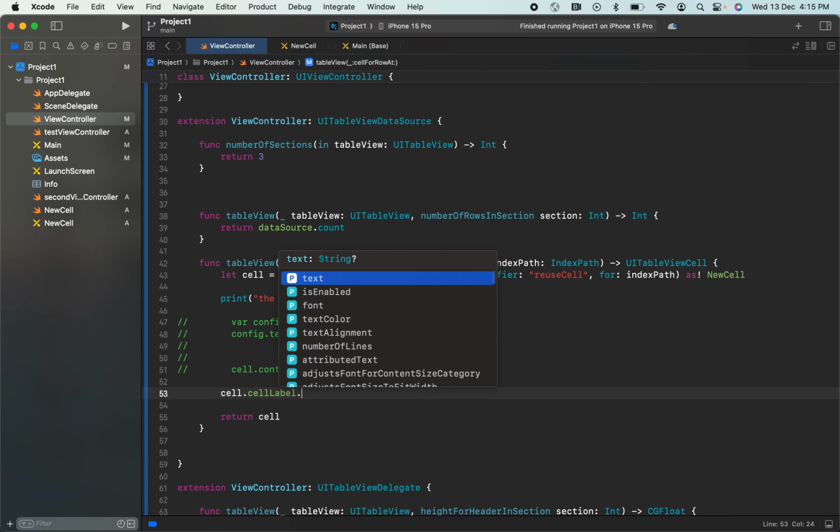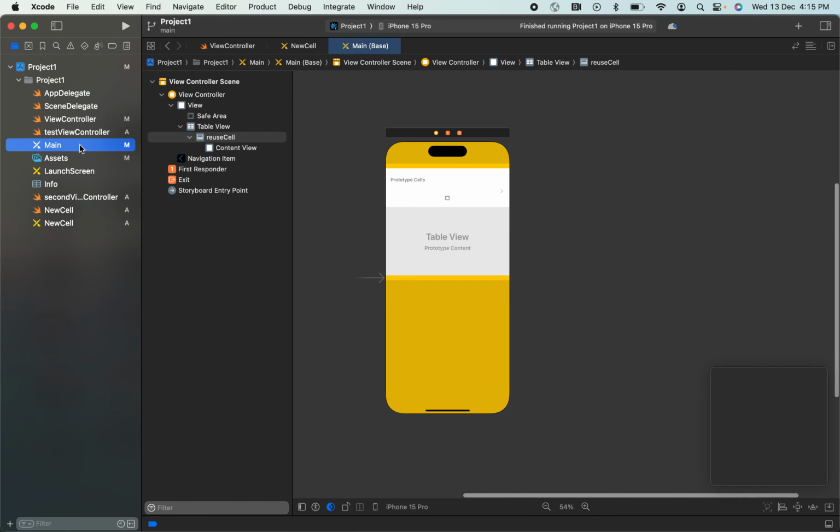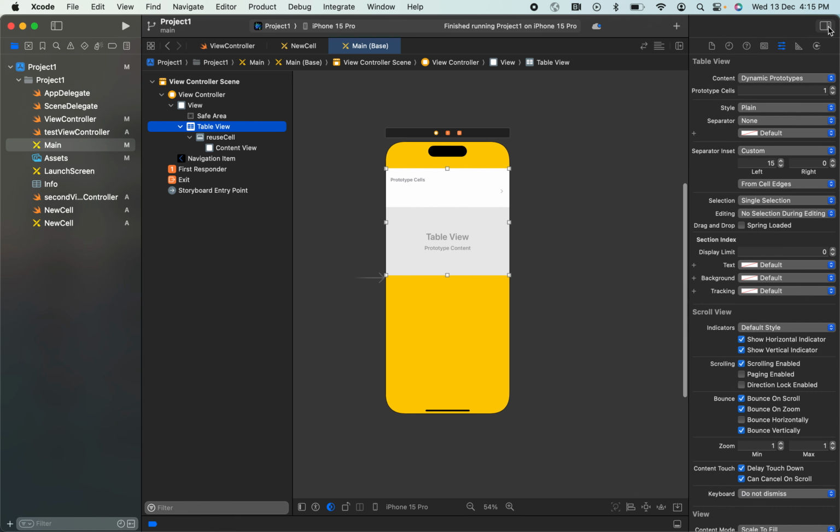Cell label dot text needs to be data source of index path dot row. Okay, and again if I reach here, I'm just providing that separator thing. See, the separator I'm providing as single line. And if I run the code,